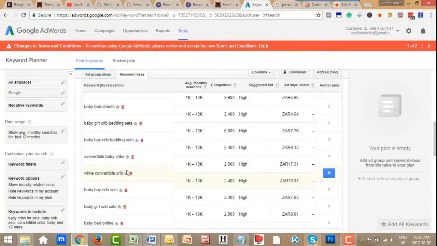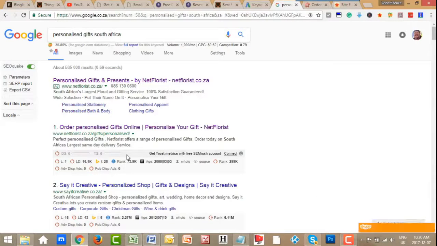There they are. I mean, look at all of these: baby cribs, baby convertible. These are all cool keywords. Okay, so there's very high demand for it. Lovely. The competition is beatable, and yes, I admit that I'm going to have to give you more training on